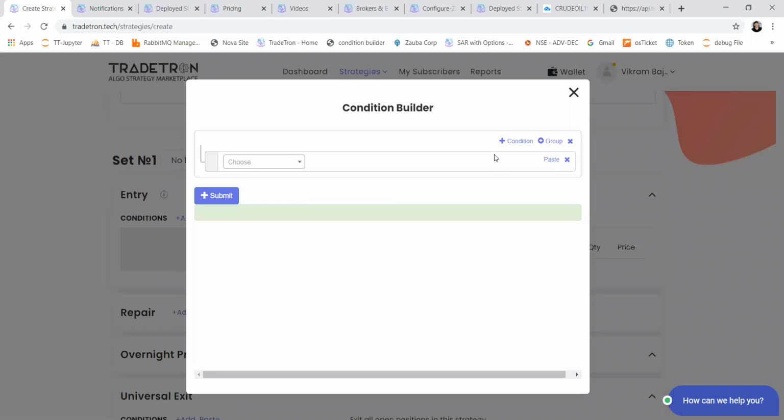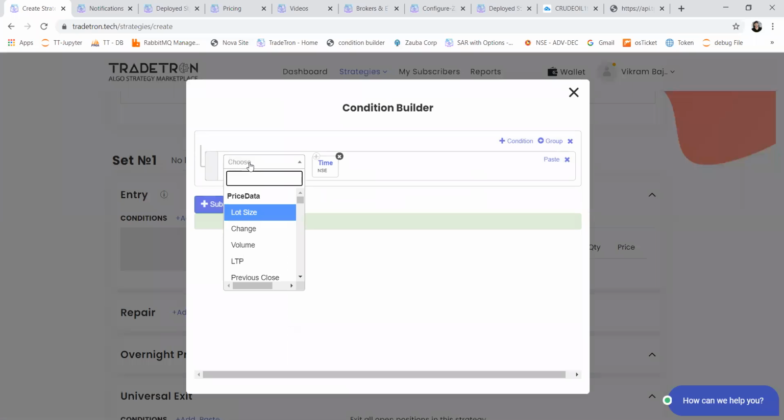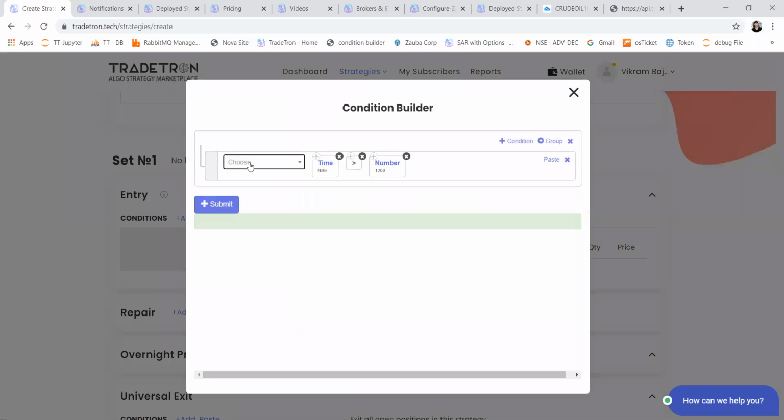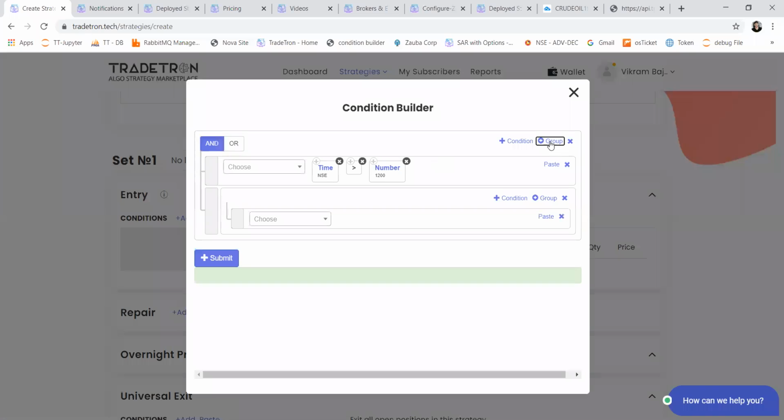Let's say this is my one trading rule, that I want to enter if time is greater than 12 p.m. But again, I want to take trades only on Monday and Tuesdays. I don't want to take trades on Wednesday, Thursday, and Friday. So in that case, I'll create a group.